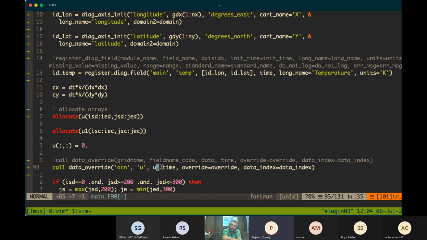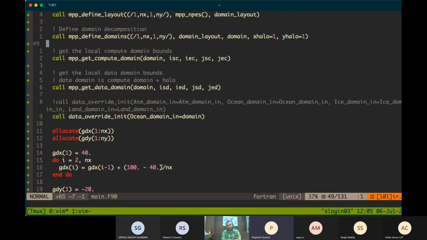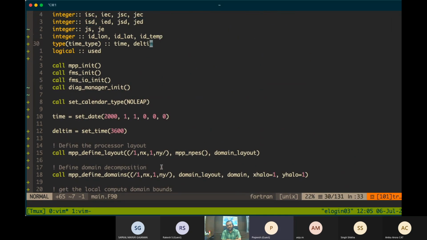So I'm putting it as U here, and then time, which is again required, and these are optional arguments. Override will tell you whether the data was overridden or not. It is a logical variable, so maybe you can keep it to check if it got overwritten or not.